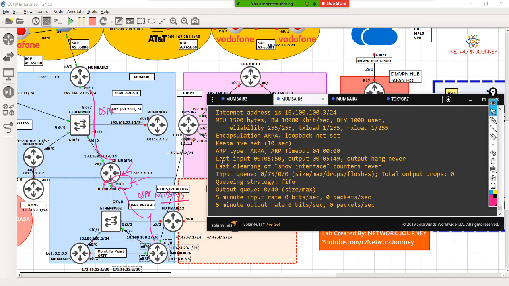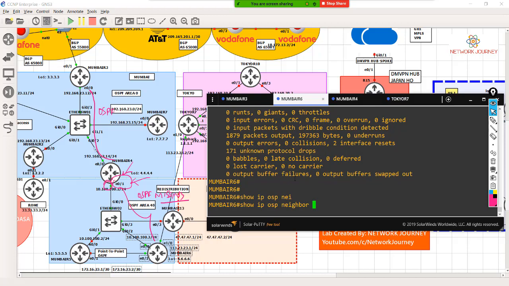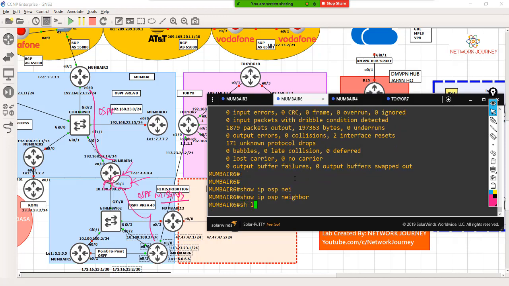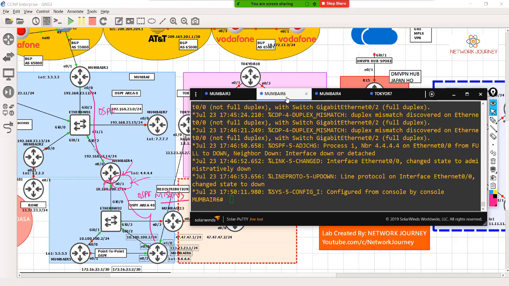What else? The last input for the last 5 minutes is trying to show over here. You can see with the protocol neighbors, there's no neighbor. You can see the show logging. If you're making use of a proper syslog, you can see what happened on the interface, which is very